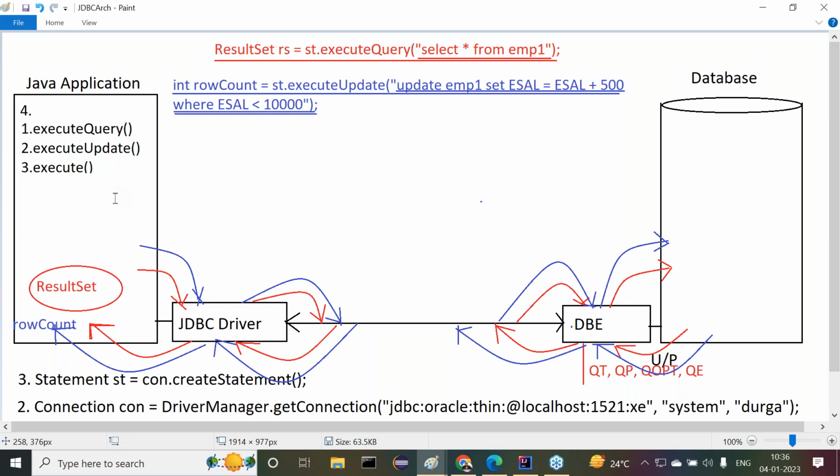Yes, all of you are getting clarity on this. So finally here we are getting the row count value. That row count value will be stored in the rowCount variable. Tell me guys, up to now, I completed two methods. One is executeQuery. Another one is